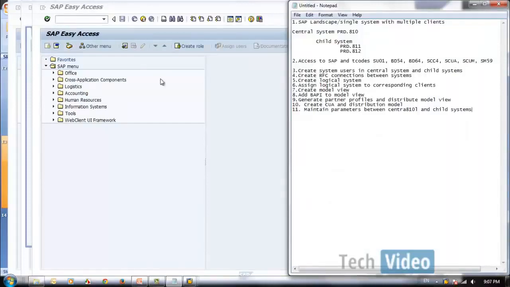Now let's assume I have access to all these transaction codes since I have SAP access in all the systems. Then let's create a system user in the central and child system.